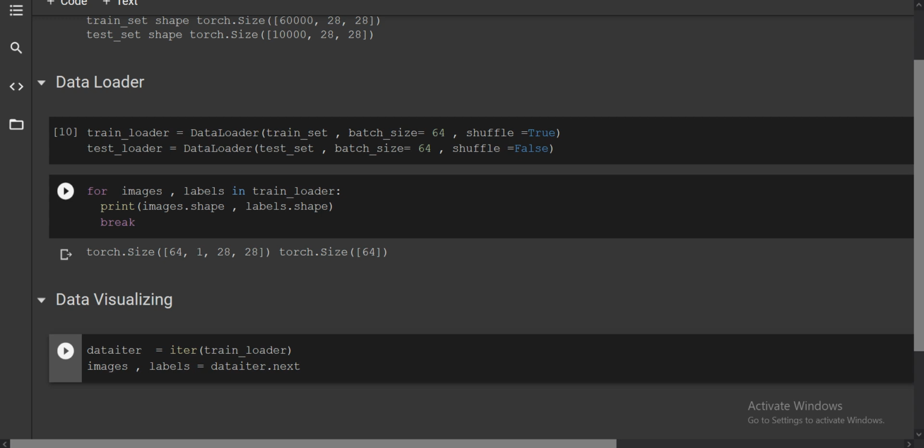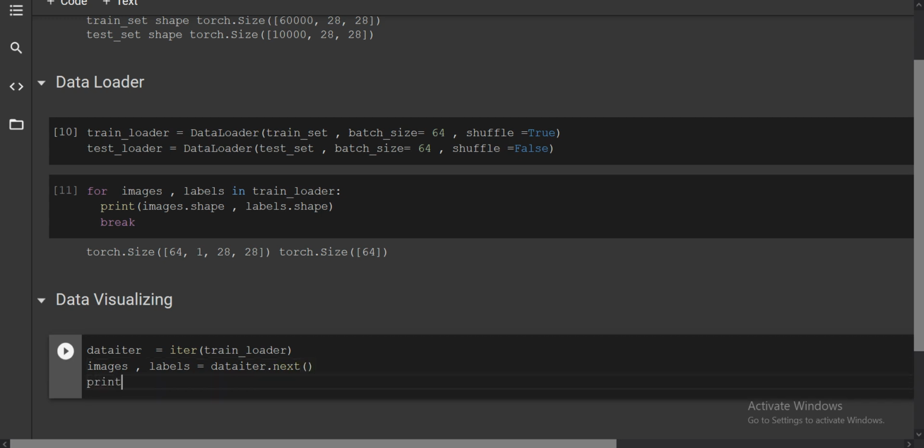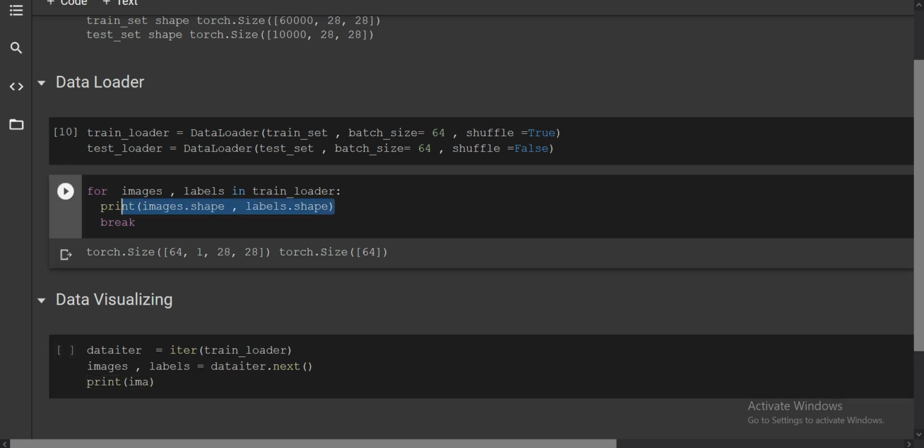Whenever you use a for loop, if you are not specifying a break, then each and every image will be loaded in memory. For memory management you can use iter, and whenever you want to see one by one, you can just call next. It depends on you how you choose. Similarly you can write the same thing here, and it will display the image shape. I will just copy this.